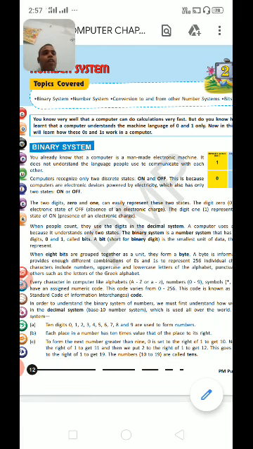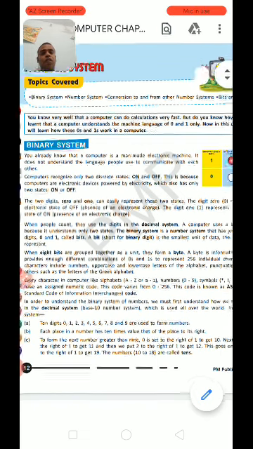As we know, the fundamental unit of a computer system is the bit, so 0 and 1 are called a bit, or a binary digit. After accumulation of 8 bits we get a single byte, that is called 1 byte. It is a collection of 8 bits. So in this chapter we are going to learn about the various kinds of number systems available.